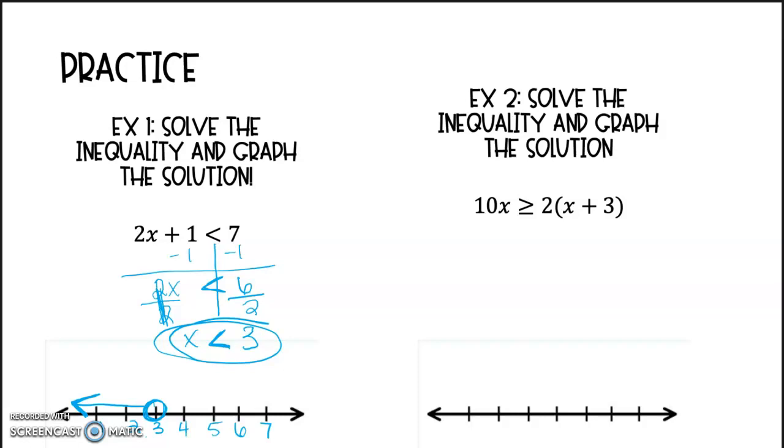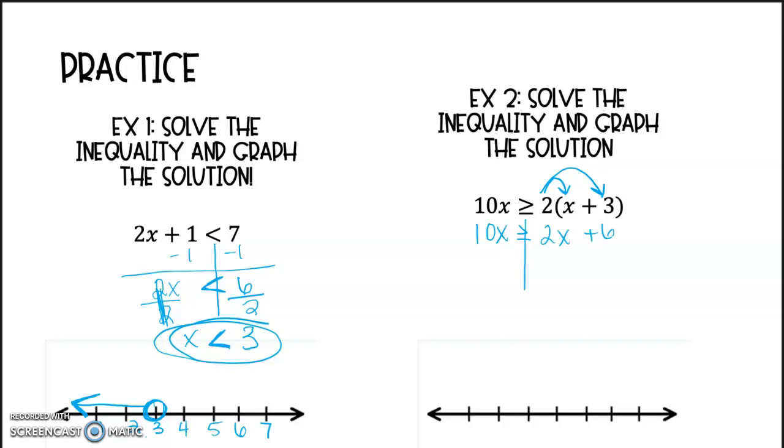All right, our second example, solve the inequality and graph the solution. We've got 10x is greater than or equal to 2 times x plus 3. So first things first, I see a 2, I see some parentheses, some terms in there, so I need to distribute that before I can do anything. That 10x does not change, greater than or equal to